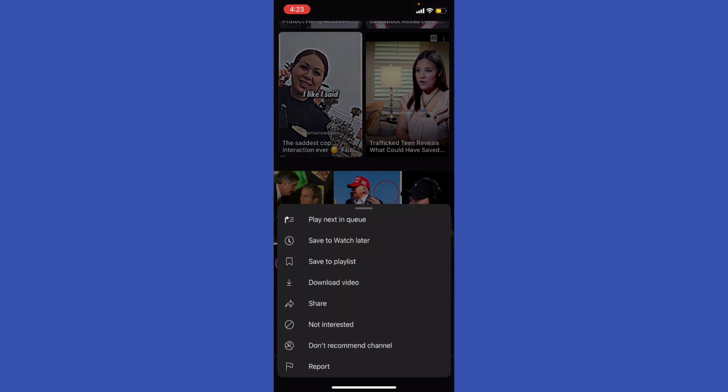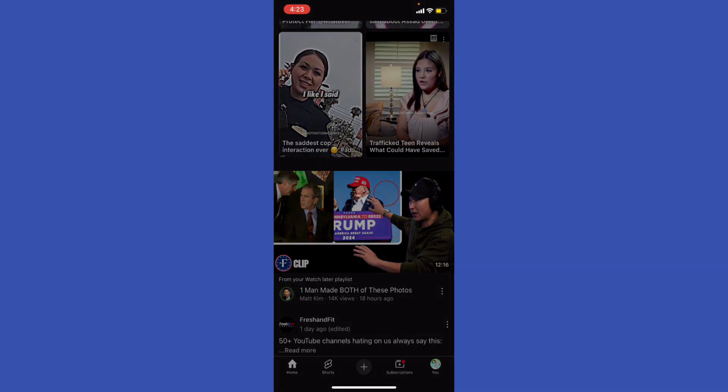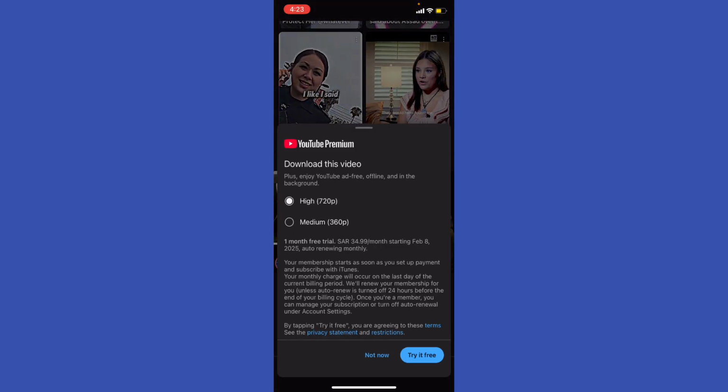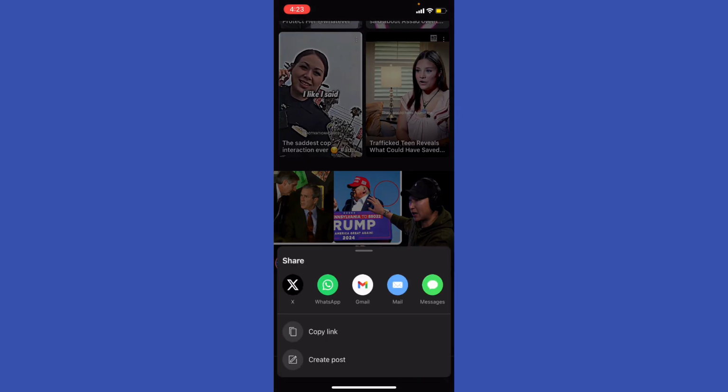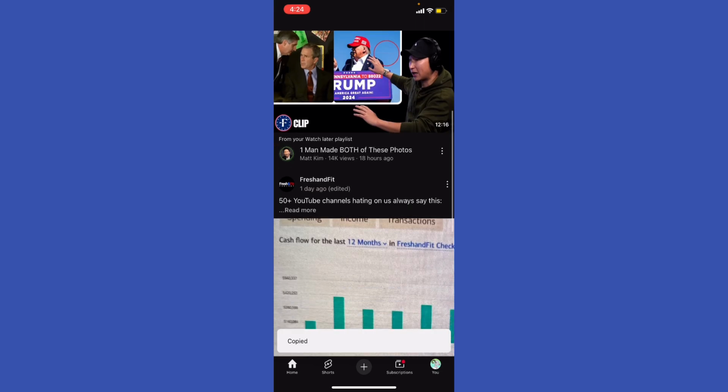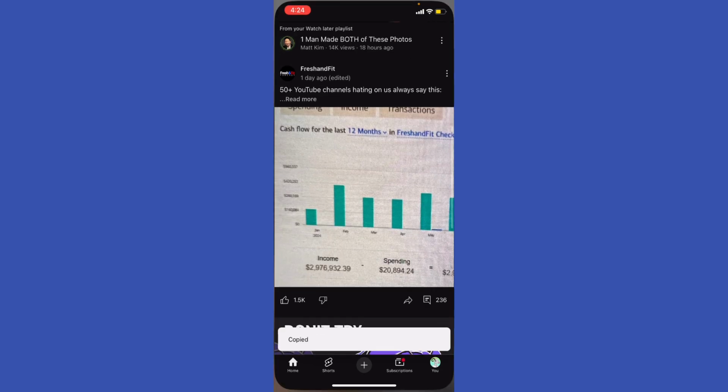So I'm gonna click the three dots and then I'm gonna be able to download right here, but I need to subscribe to YouTube Premium and go to free trial, right? In my case, I'm gonna give you a free way that you can do. Click share right here and then copy link, and then what you're gonna do, just go back